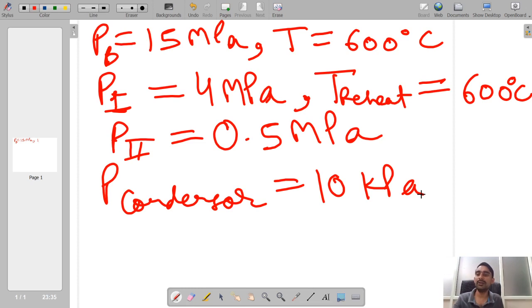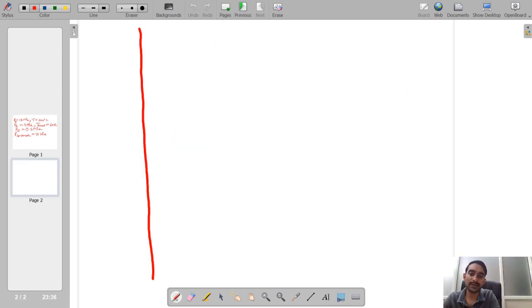Okay, so what I will do now, I can directly draw the cycle over a TS plot. So let me start. Though before that, if you are having any problem in drawing the cycle over TS diagram for the first time, first you can go for the schematic representation of the cycle and then you can draw it on the TS diagram. But what I will do in this present example, first I will start directly with the TS diagram using the data whatever is given over here, and then I will show the block diagrams in slides only, and there the corresponding TS diagram once again.